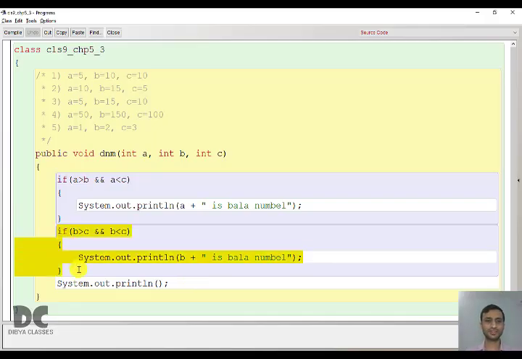You can see that this expression will never become true. Why? Because we are checking B is greater than C and again we are checking B is less than C. Can B be greater and also less than C? Not possible. So this equation is just to waste your time. So sometimes just by looking at the question you can say what is going to happen. So this expression is not going to be true in any of the cases because we are checking is B greater than C and B is less than C, which is not possible. So there is no need of doing this part. It is just there to waste your time.